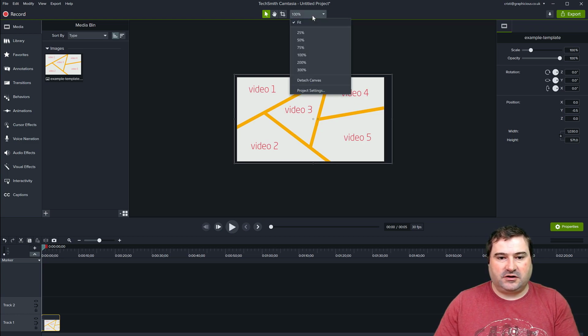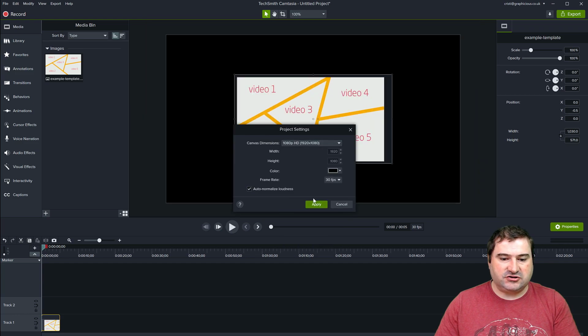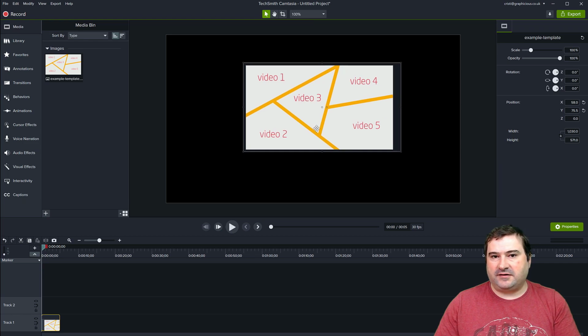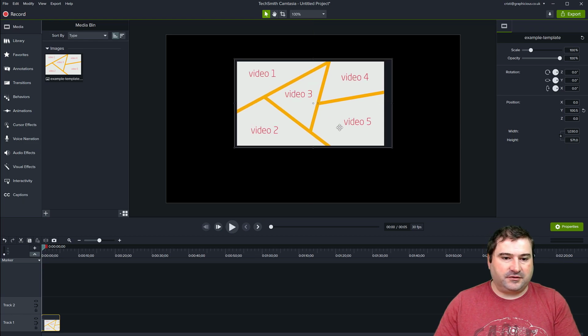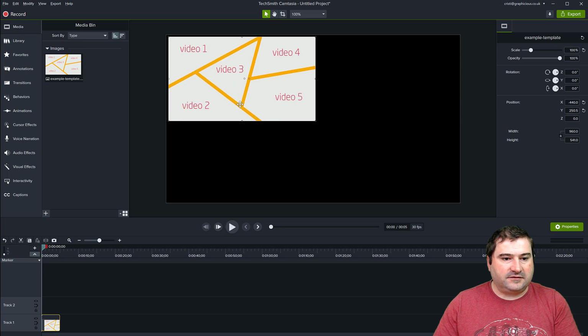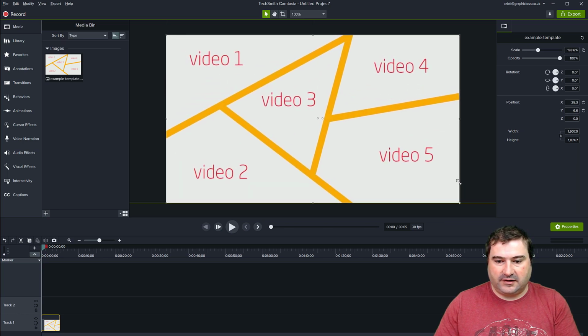Well, first of all, let me check that my project settings are correct. So I'm going to switch to HD and apply like this. So this is the shape we're going to use as a reference. I have cut it up in a wrong size here, so I'm going to crop this to fit exactly on the screen using the Alt key. You can just crop away all the black areas like this. And now let's put this on the screen so that it fits inside of the whole screen like this. More or less accurate like that.